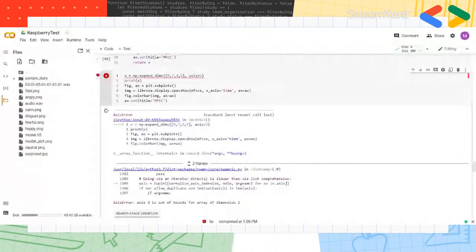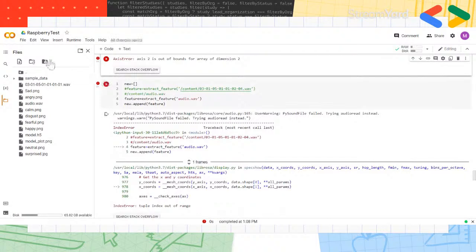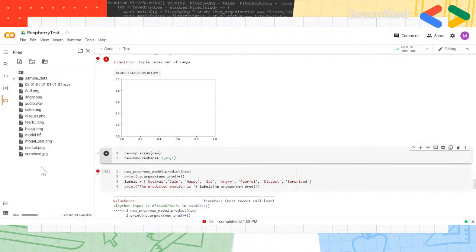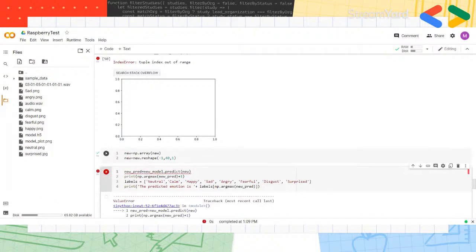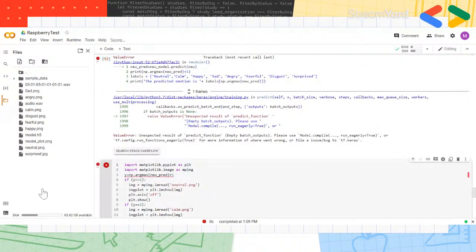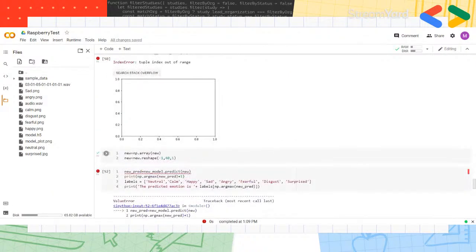So this one has the issue. At this stage, I really don't know what's happening, but